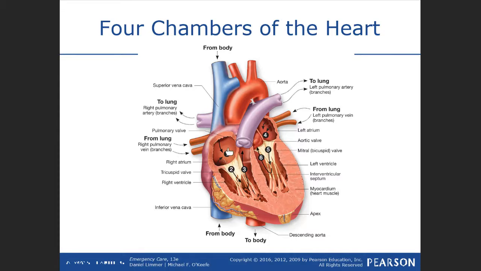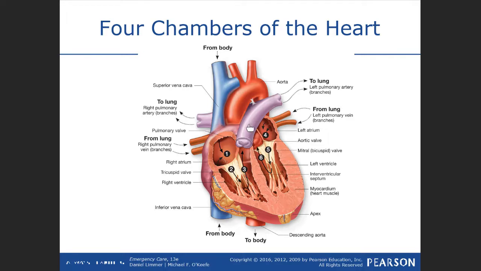Tricuspid valve. So blood goes from the right atria to the right ventricle and is prevented from flowing backwards through the tricuspid valve. So you got all this deoxygenated blood in the right ventricle ready to get transported to the lungs. So that ventricle is going to contract and it's going to shoot blood through this main artery called the